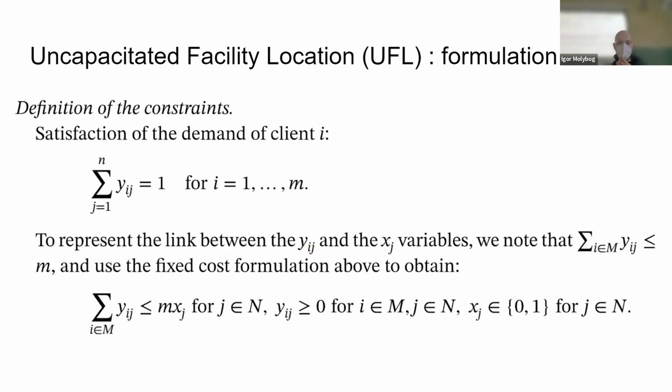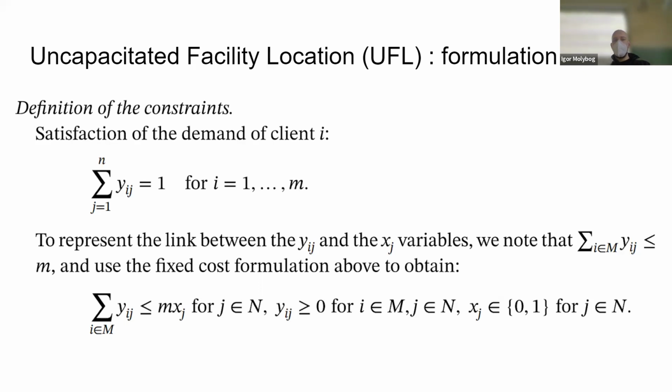The definition of the constraints. So first of all, we have to satisfy all of the demand that customers actually have. So the sum over all depots of yij must be equal to 1, just because the yijs are fractions of the demand. To represent the link between yij and the variable xj, we can use